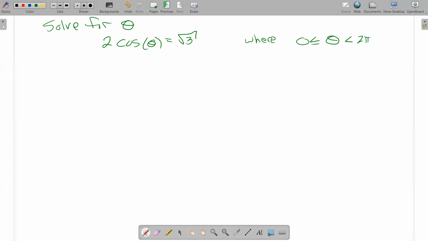So we want to solve for theta here. The equation 2 times the cosine of theta equals the square root of 3, where theta is some angle between 0 and 2 pi. So I'm going to do this a couple of different ways. First, I'm going to do it geometrically, and then I'm going to look at it